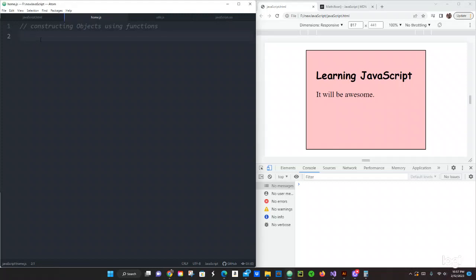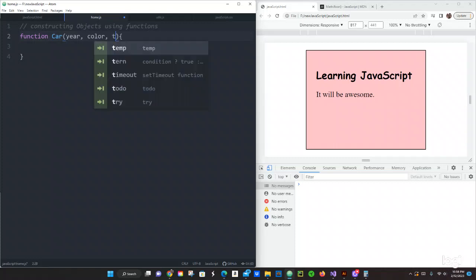Okay, let's start. So let's create our function, and we're going to name it Car, capital C, and then open and close parentheses, and then the open curly braces. Right here we're going to pass a few parameters. We're going to say year, comma, color, comma, and then type, type of car. Okay, and now inside our function we're going to use this.year